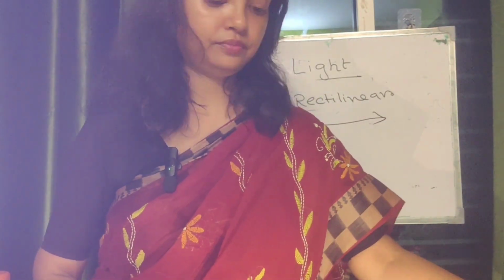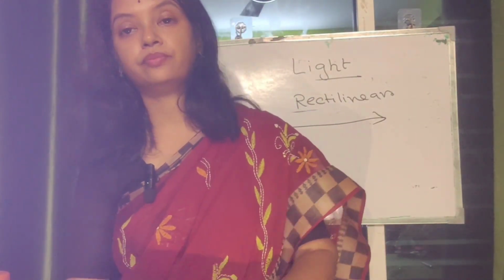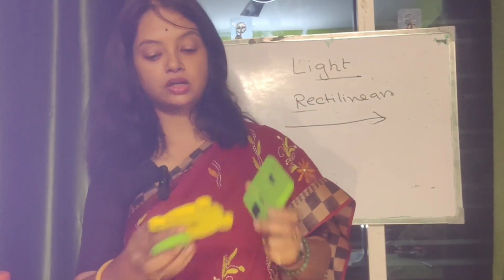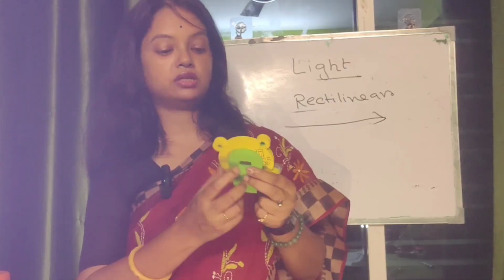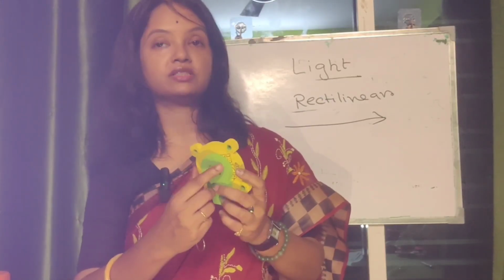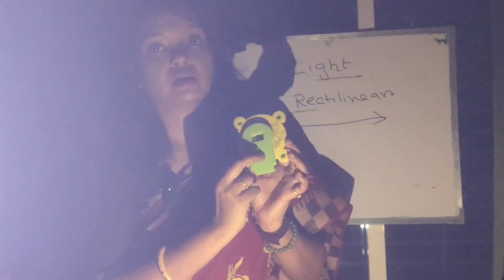Wait. I have taken 3 objects. I think 2 objects are enough for showing this. Again, it is necessary to turn off the light. Please turn off the light. Thank you. Now, see. There are 2 holes. I have taken this and I will keep this in such a way that light can pass. See, got it? Light is traveling in a straight line path and through the holes, light is falling on the